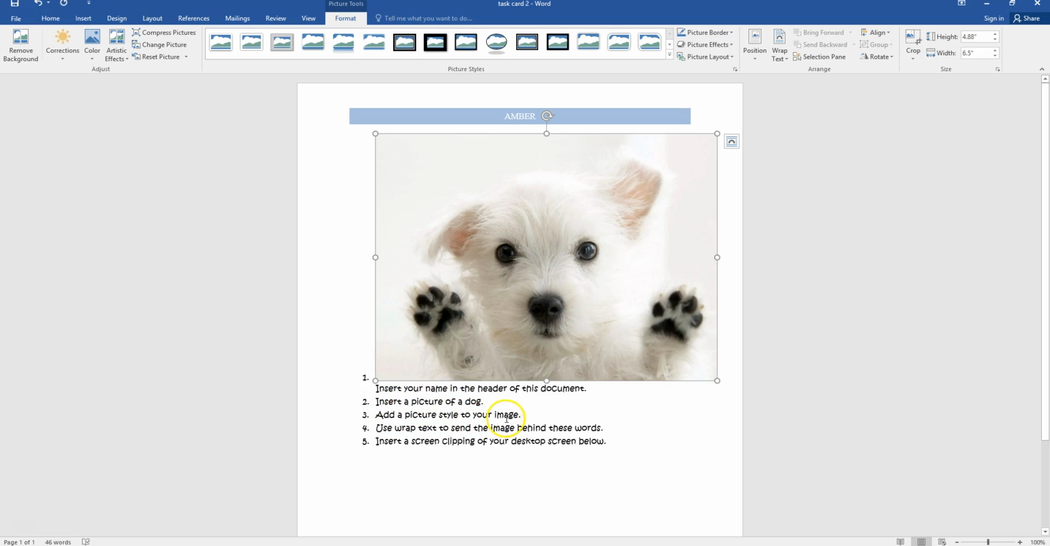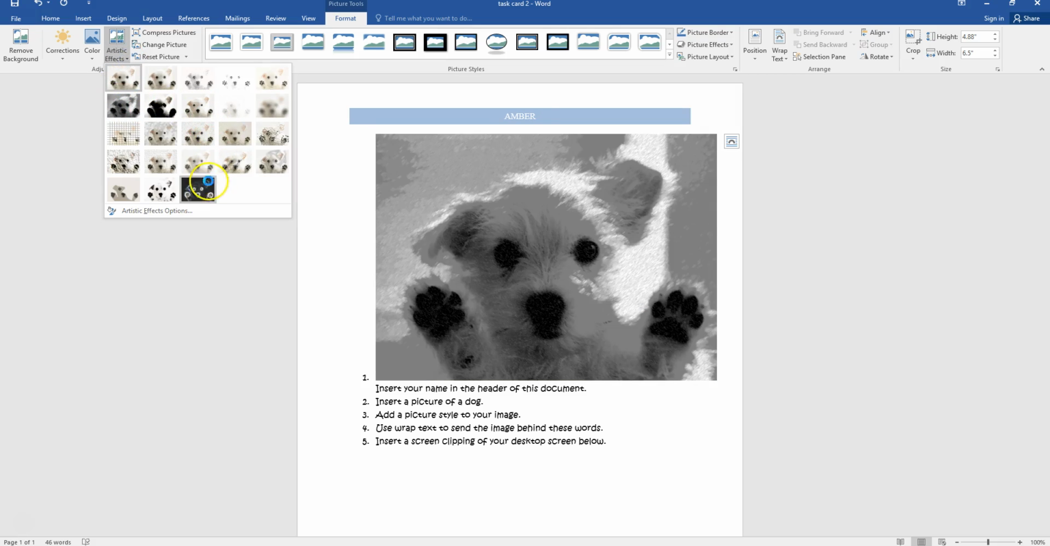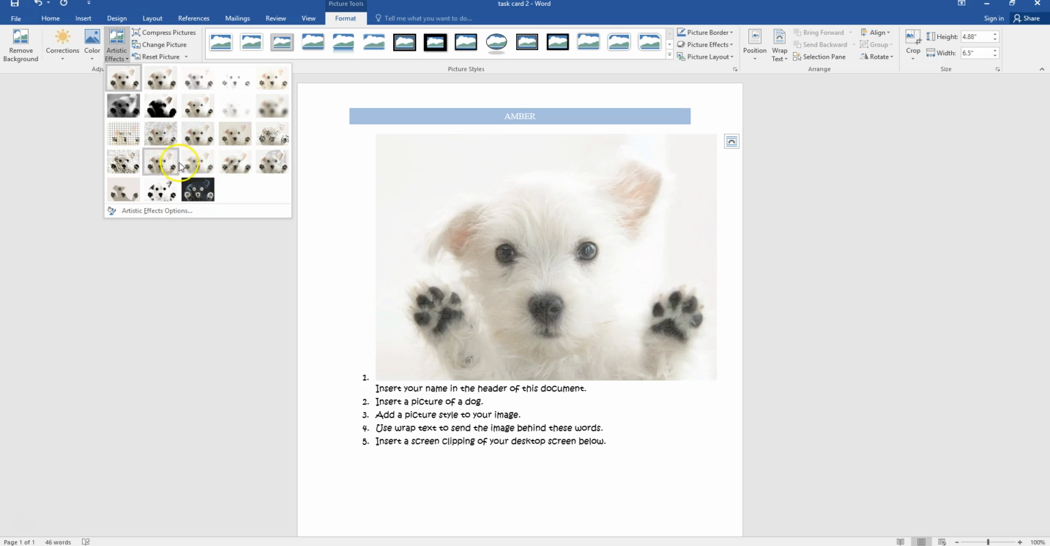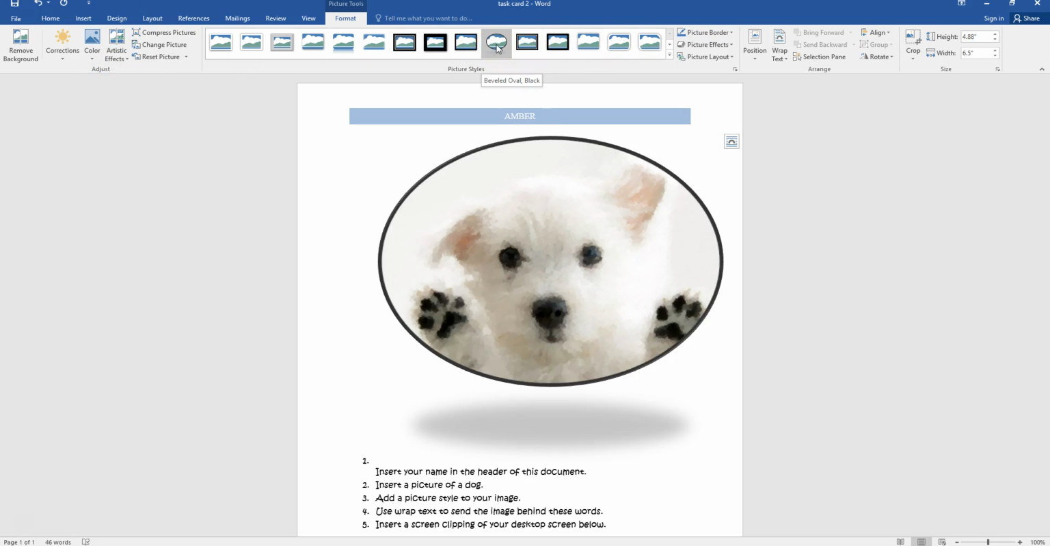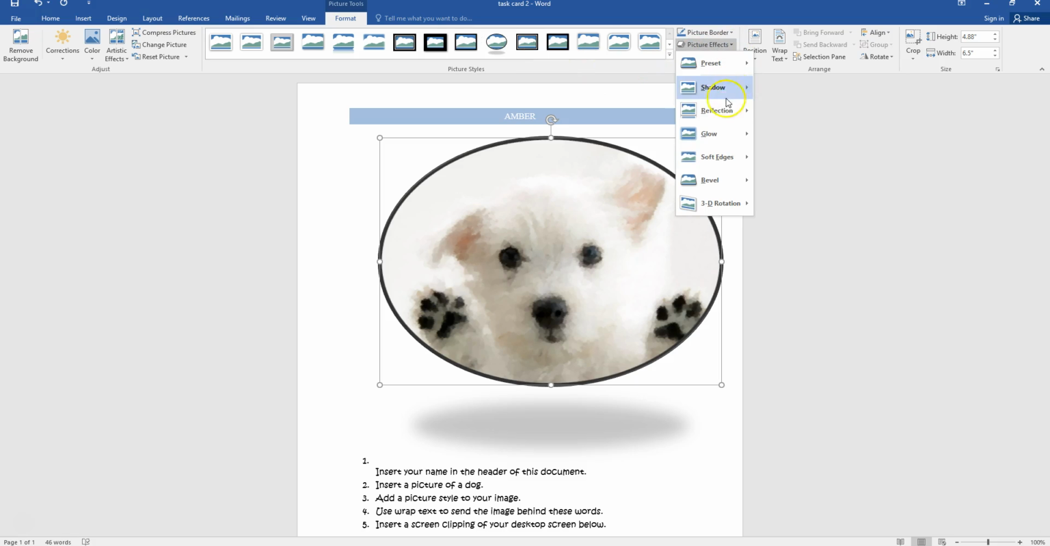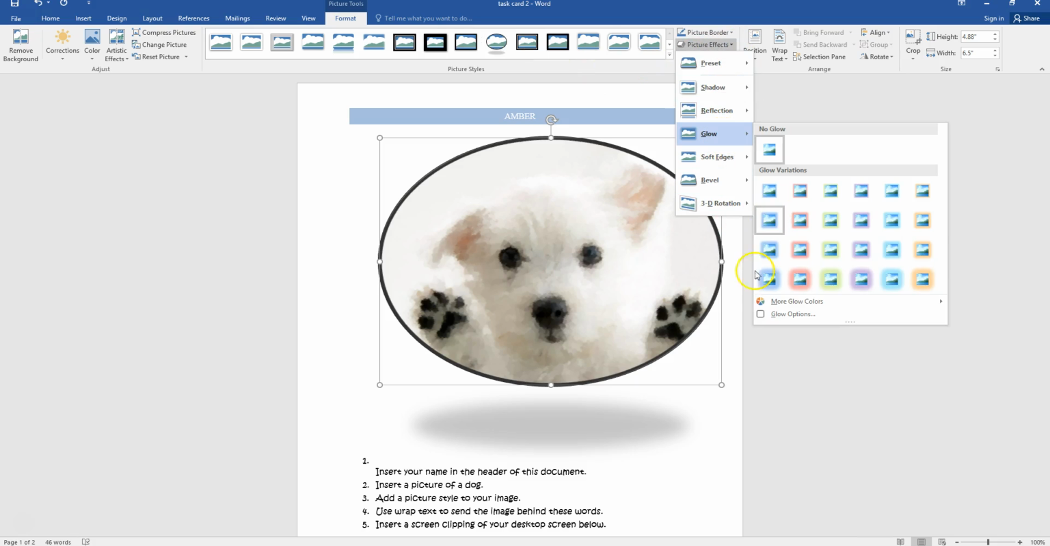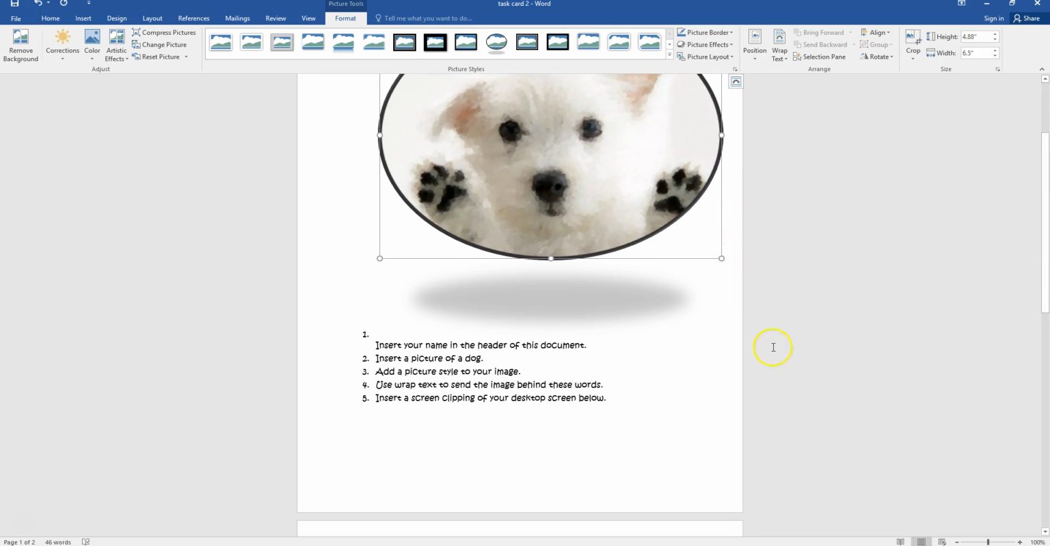Add a picture style to your image. So since I've added this picture, I have all of these options up here. So I can change the artistic effects on these. I like that one. I could change the shape. I could add a glow, whatever. Okay, so